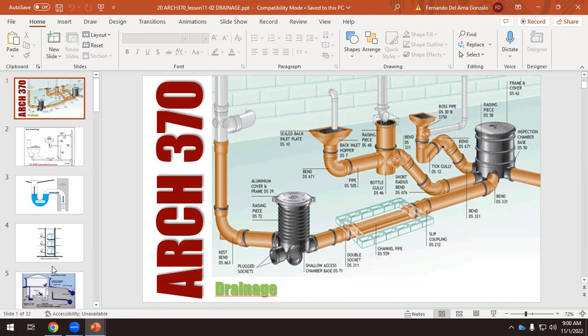We have to make sure that we have fewer connections, and we have a minimum amount of elbows and tees and all that stuff. Okay, so the best drainage is the most straightforward, and that depends on the amount of vertical pipes or vertical stacks that we have in the draining system. So in terms of working well, the more stacks, the more vertical pipes, the better. But they take up a lot of space, and having a lot of vertical pipes in a building might affect the design of the building. So again, we have to balance the amount of vertical stacks that we have, because the more the better. But again, having a lot of stacks going up and down, and remember, the key thing here is that